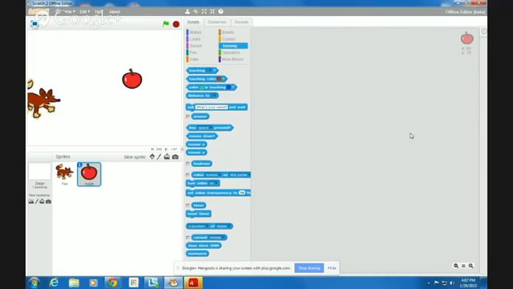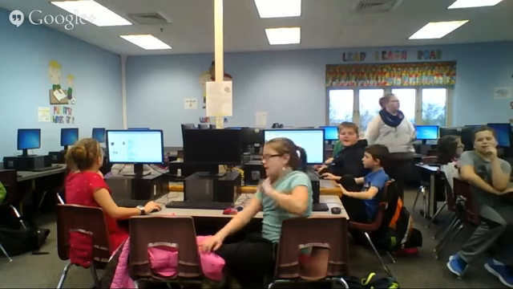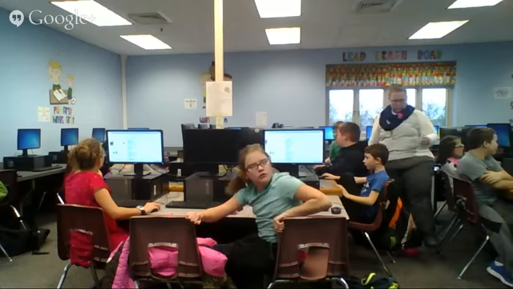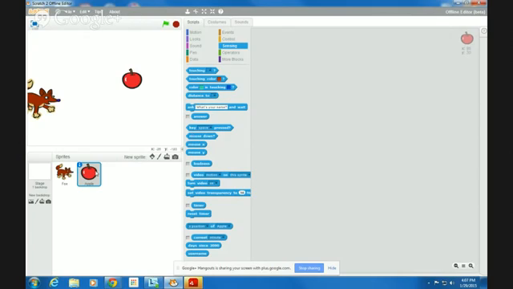Alright, so does everybody have their second sprite on the screen? Yes. Alright, that's good. So now there should be a little box around the little apple down at the bottom of your screen, right here.